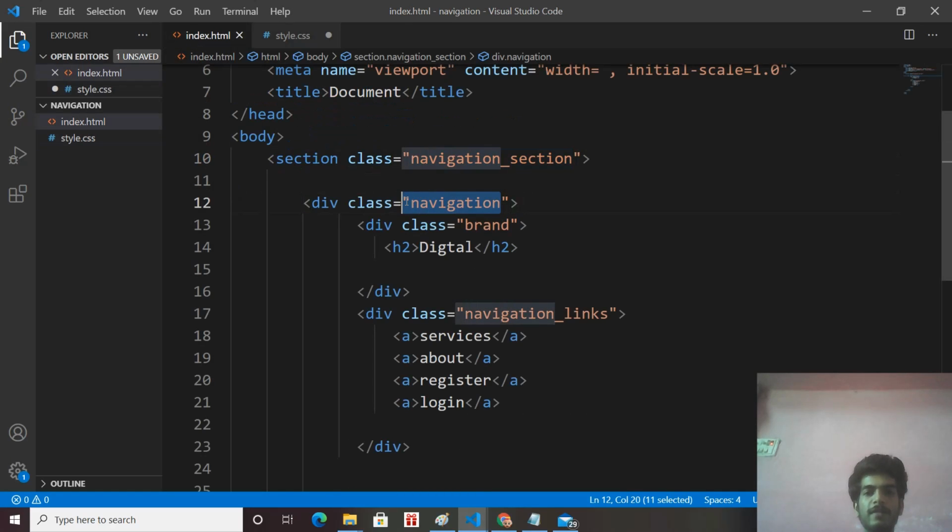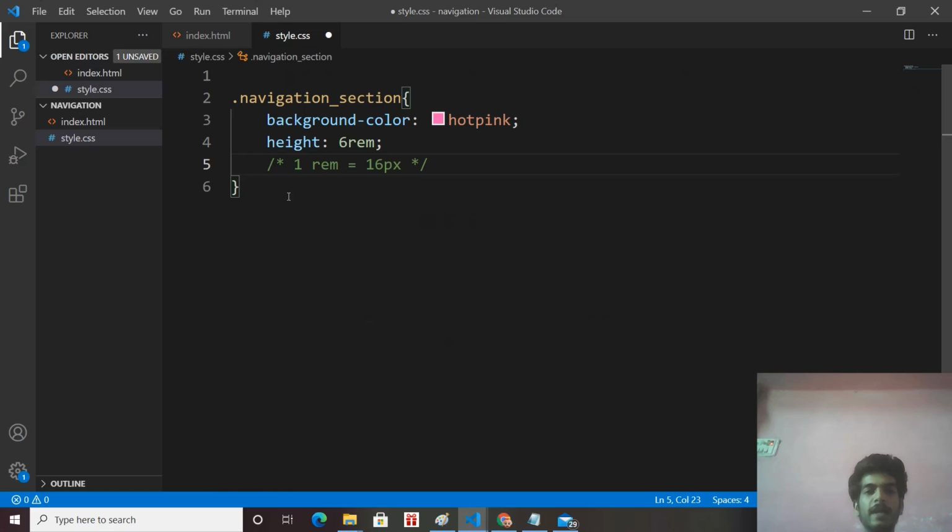Okay, so now we are selecting the navigation container that has two sections. The first half has the digital brand name, and the second section has the links. Okay, I am selecting its container. Give it a width of 80%.